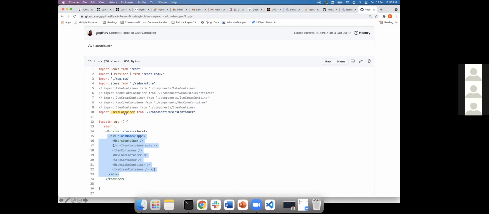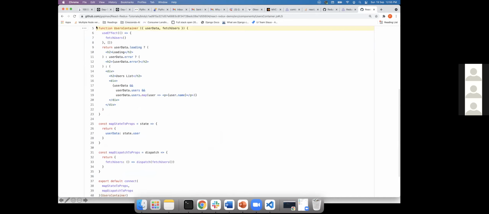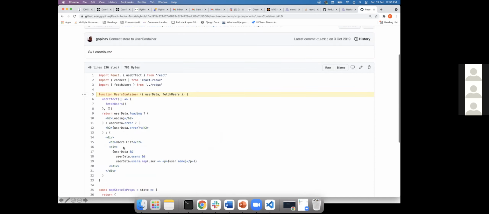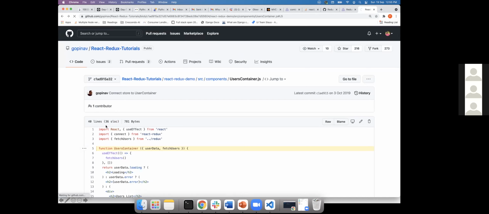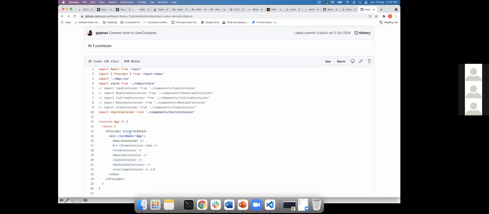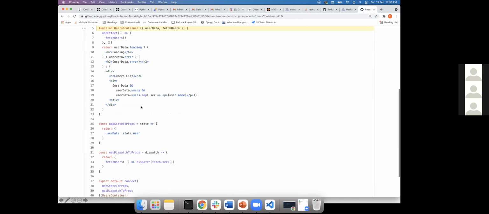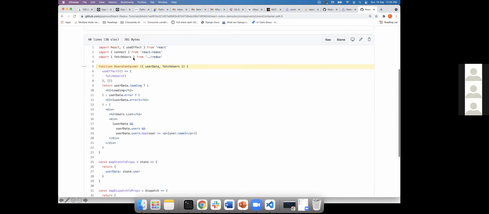Okay. So now, there is a user container. If you go to the user container, till that is clear first, you just tell me. Okay. So now what we have done, we created a reducers and we created a store and we added a provider and we passed the store reference to that, right? So the store is wrapped using the users container. Okay, user container is again a React functional based component, right?